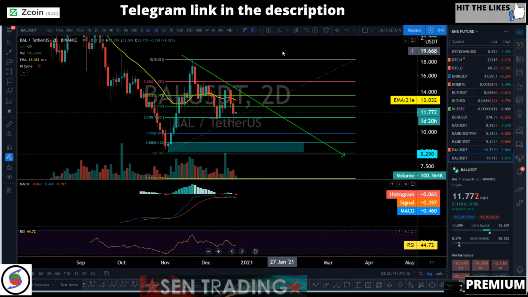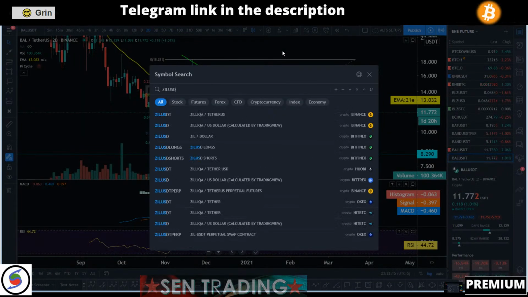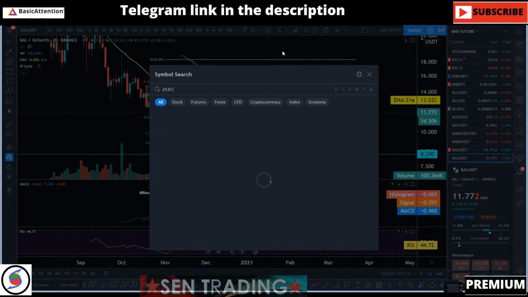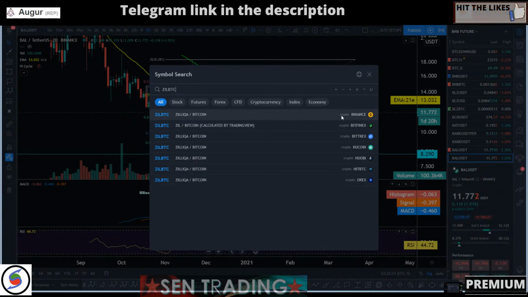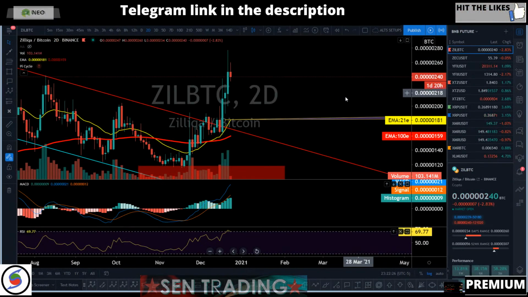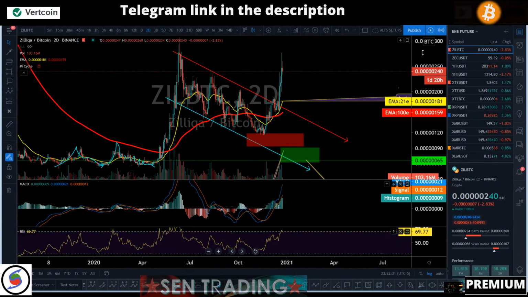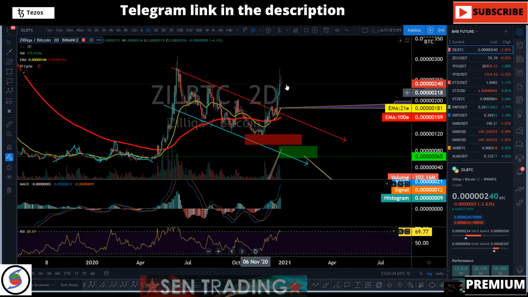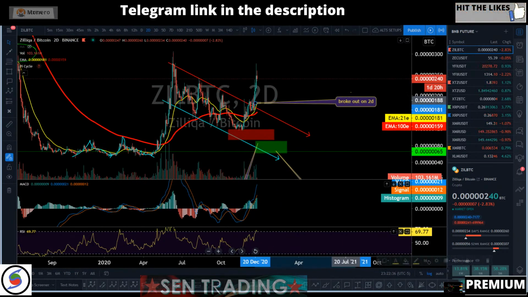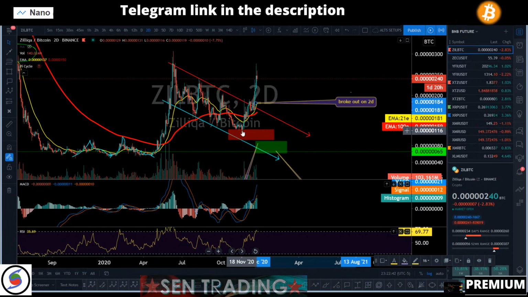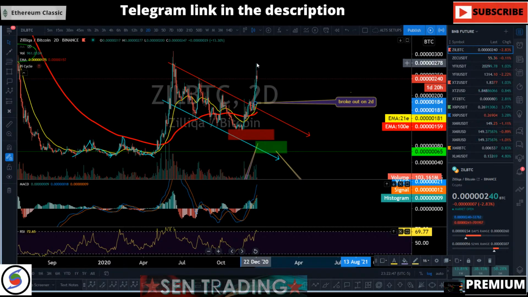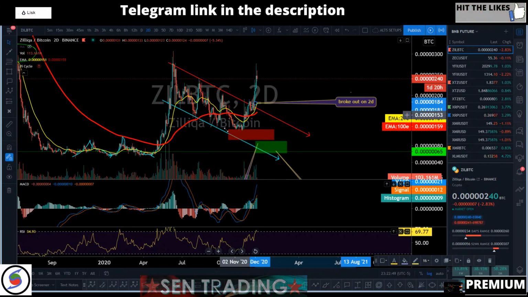Zilliqa pumped to like Zil. Let's check out Zil BTC, because I don't usually look at Zil USD. Zil BTC is double tapping right now. It is still a hold, right? If you're still holding Zilliqa, to me it is still a hold. We are looking for a double bottom right here, just about this red zone, 105 to 85. It hit like 117 and pumped right back up. So it did hit the accumulation zone, but did not dip